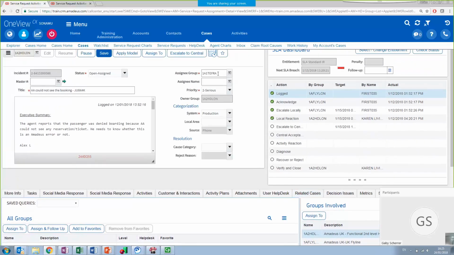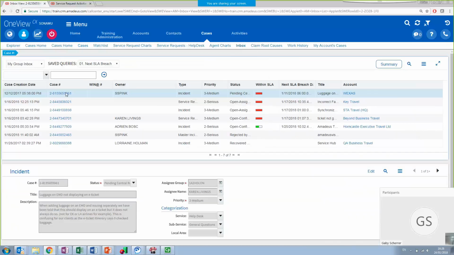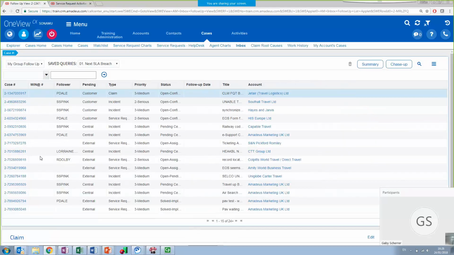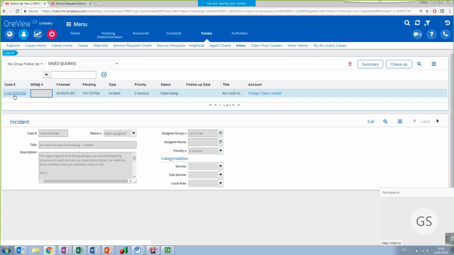So the assignee group has changed, but because you have shown interest and you want to follow up this case, if you come back to the inbox, this case finishing by 586 has been removed from my group inbox. But you can find it in my group follow-up.